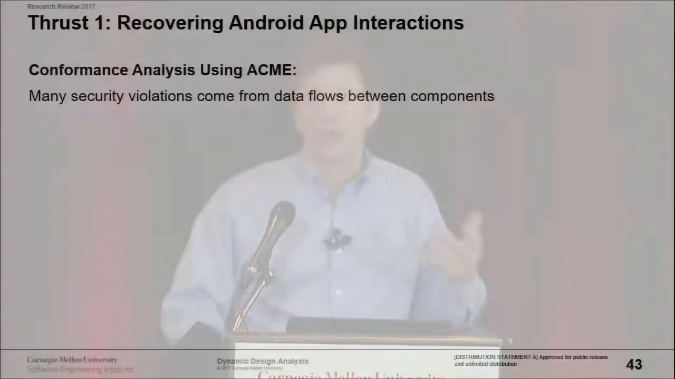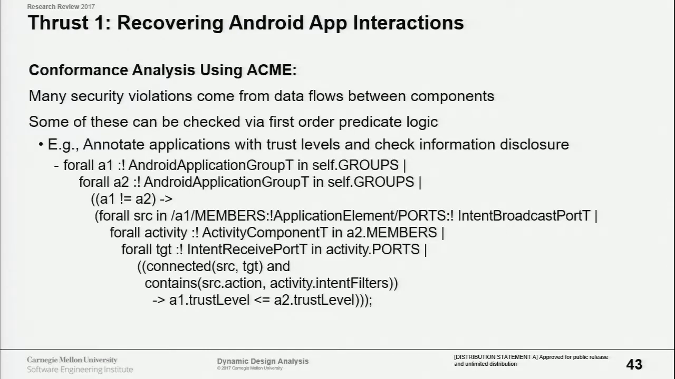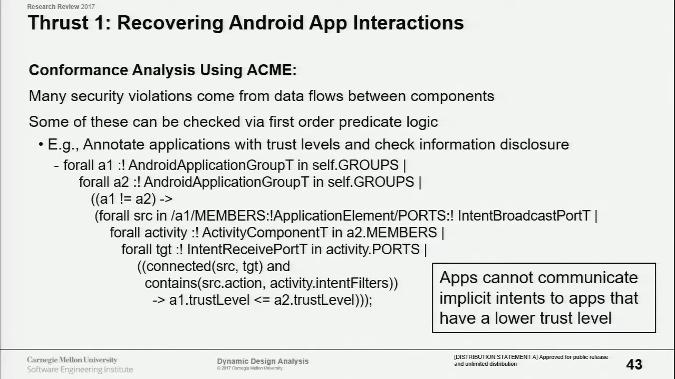And then we could do a conformance analysis. Essentially, we could look at the predicates that were produced and look for whether certain conditions hold among those predicates. So for example, we could look at the data flows between components, and we could determine whether there were violations of information disclosure properties among those components. So we want to determine whether it's possible for one app to communicate information to another app that has a